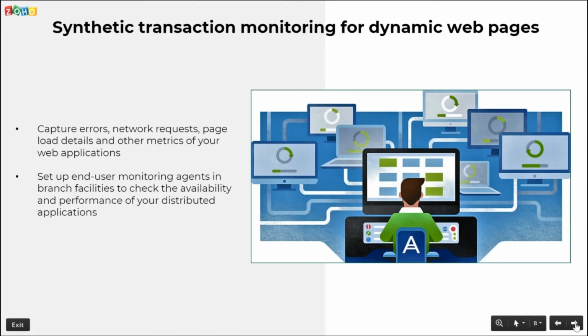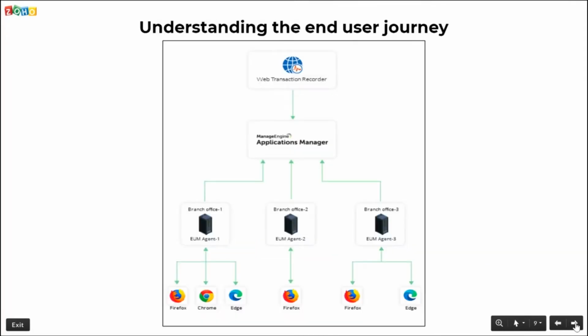So this is how the architecture looks like. So let me explain how the setup will be done. You will be asked to install an EUM agent and a web transaction recorder in the locations that you wanted to monitor. Once this is installed, you will be asked to perform some transaction in your web transaction recorder. Once the transaction is done, you can enter a monitor name. For that, you can give any name as a monitor, and enter the polling frequency. You can also do a test playback of whatever transactions you have performed. So all of these can be done and the monitor will be added successfully into Applications Manager.